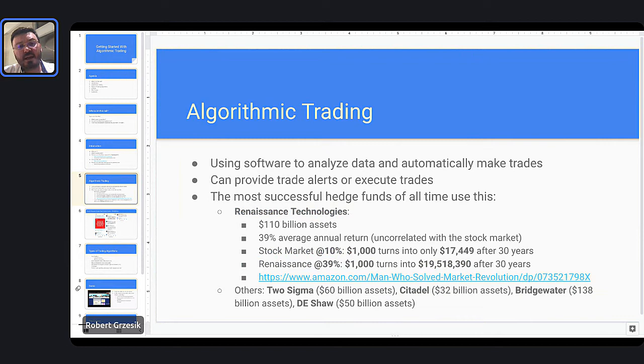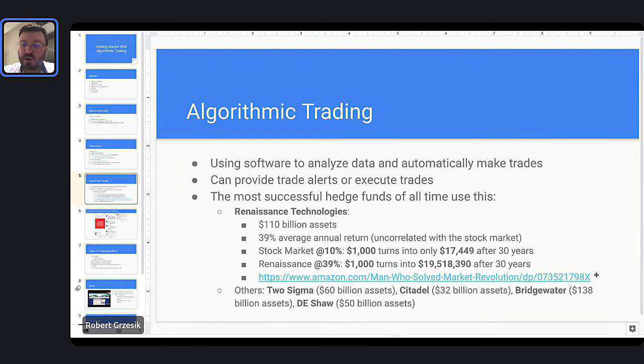These guys, over their lifespan, have made about 39% returns on average, right? Sorry, here, I'm reading from Patrick. "Great related book about the co-founder of Rentech, the man who solved the market." Yeah, exactly. Great that you read that book, Patrick. So I was about to bring that up. I actually have a link to that book right below. Yeah, it's great. Awesome. I'm glad you read it. It's a fantastic book. And actually, let's bring that up now.